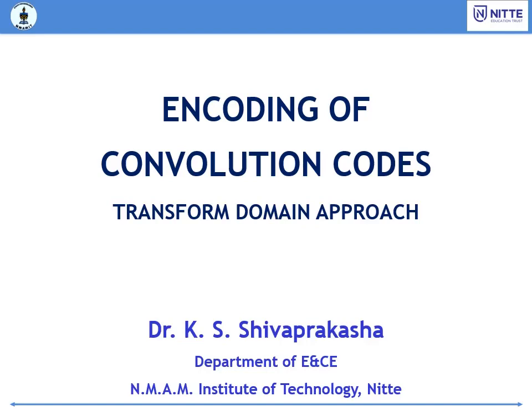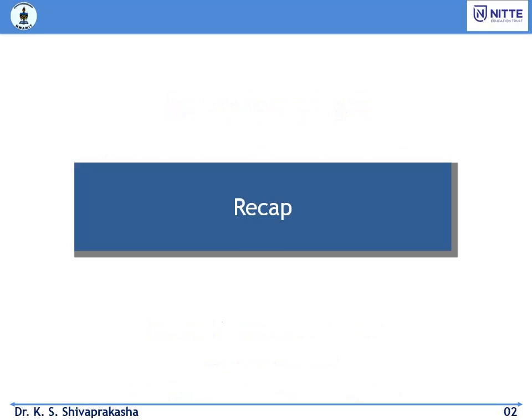Hello everyone. Welcome to the fourth lecture in the lecture series on convolution code. Today we will be discussing the procedure to find the code vector for a given (n, k, m) convolutional code using transform domain approach. To begin with, let us first recall the topics that we had discussed in our last